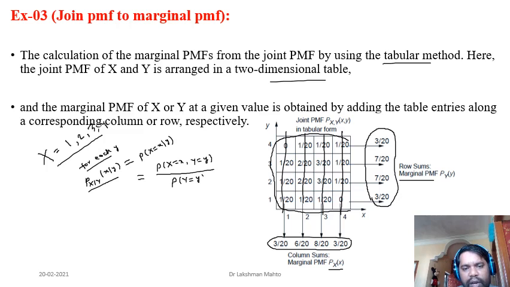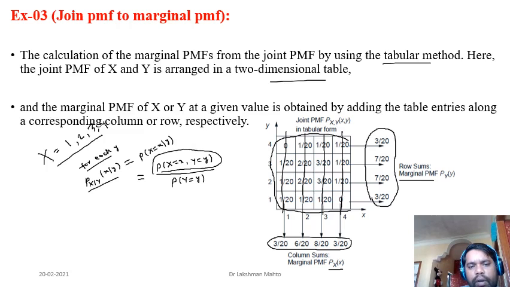Everything here is a probability, nothing is a function yet, so we will express it with notation. The numerator talks about the joint occurrence of X and Y together, so it is the joint probability mass function of X and Y, which we call small p of x comma y, divided by